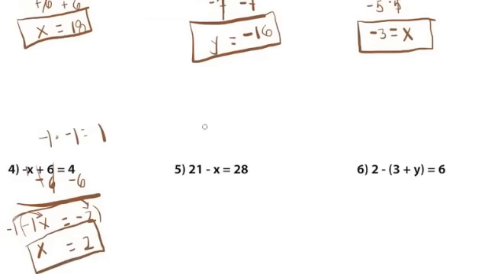Okay. Number 5, here we are, 21 minus x. So my x is negative again. We know that because it's the sign that's right in front of it. So let's figure out what the sign right in front of 21 is. Positive or negative? There's no minus sign, so I'm going to assume it's positive. Okay. So to get rid of that 21, subtract it on the left side, subtract it on the right side. These guys cancel, so I have a negative x still on that side, and then 28 minus 21 is 7,